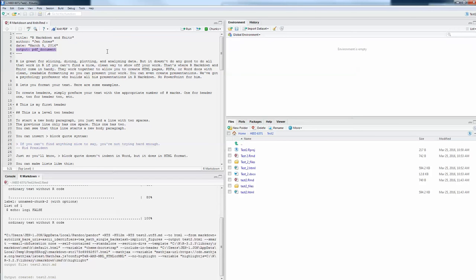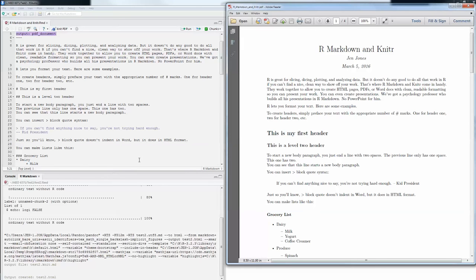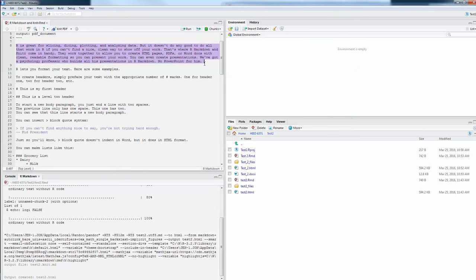So let's just take a look at what this does. This is the text that produces a document, and we're going to look at the three different types of documents. So let's first take a look at PDF. You can see here is the title, the name and the date that it was produced. And then the first thing I'm going to show you is that to put in text, it's real simple. You just type in the script what you want,